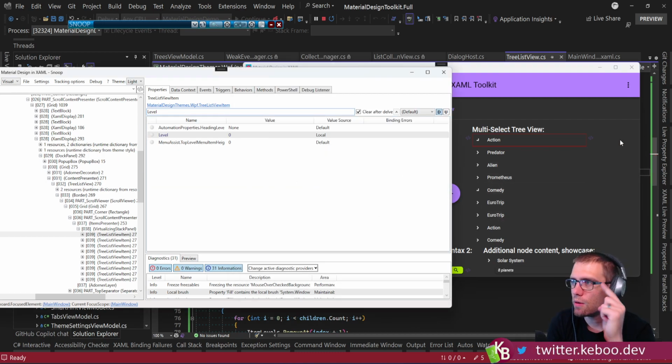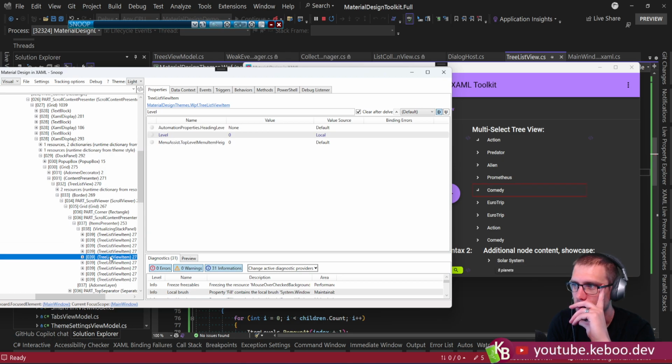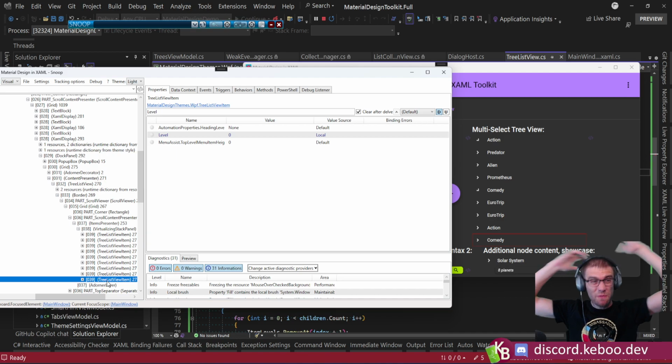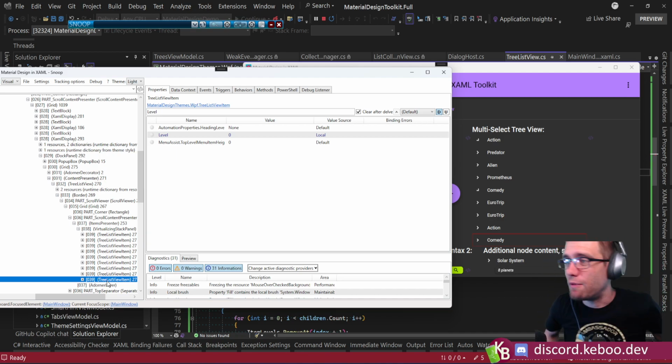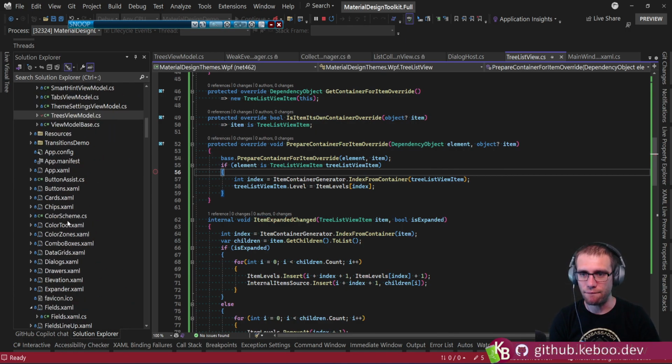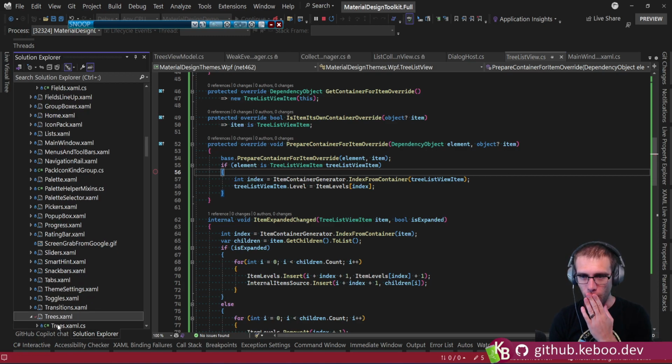Okay, so action level 0. Good. Predator level 1. Alien level 1. Prometheus level 1. Comedy level 0. Euro trip level 1. Euro trip level 1. Action level 0. Okay. We've got levels. Okay. So now that we've got the appropriate property being set for us, what we can do is